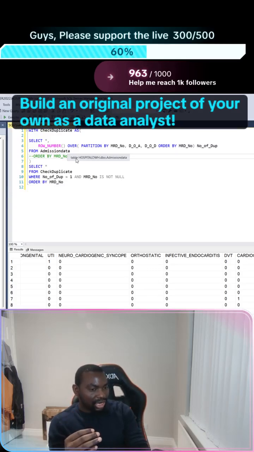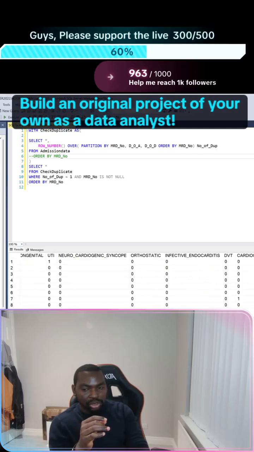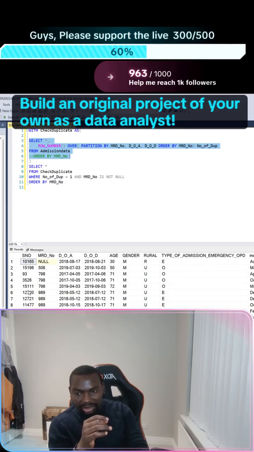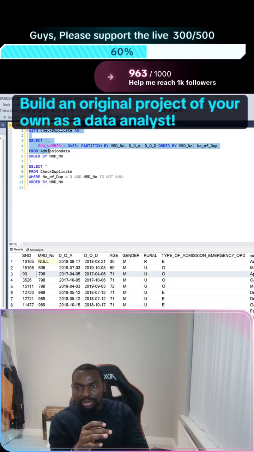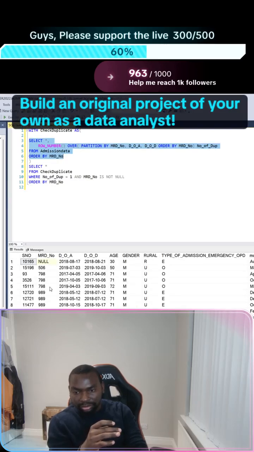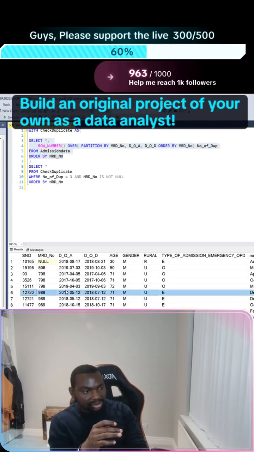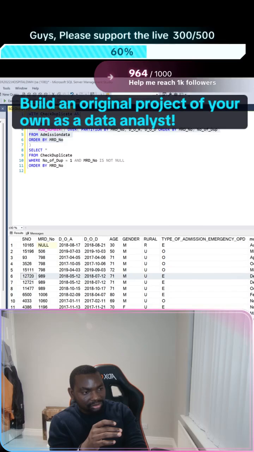So in Excel, what I can do is visually go into it and pick them one by one. Let me run this for you so that you see what I'm trying to explain. I can visually pick everything one by one. Can you see this row number? Sorry, let me order it again so that I can explain what I'm trying to say. You see this row number 6. I'm not sure if you can see it. I can see it. So if you look at row number 6 and row number 7,